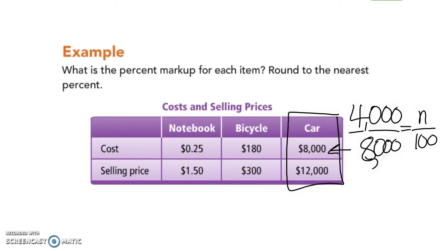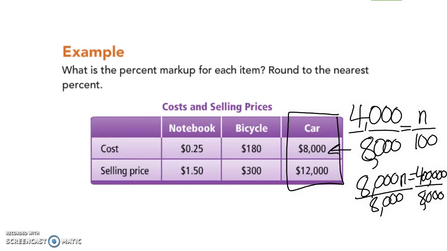And over 100. Then I would cross multiply: 8,000 n equals 400,000. I would divide by 8,000. I'm going to eliminate some zeros to make this easier for me. And 400 divided by 8, that's going to be 50. So it is a 50% markup on the